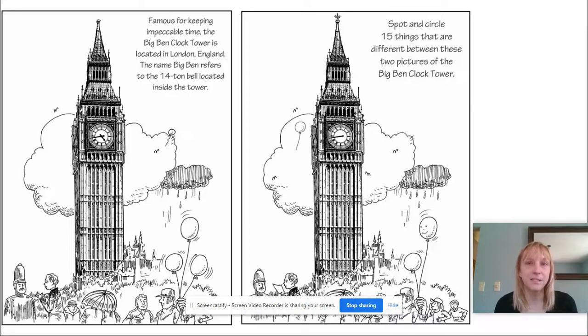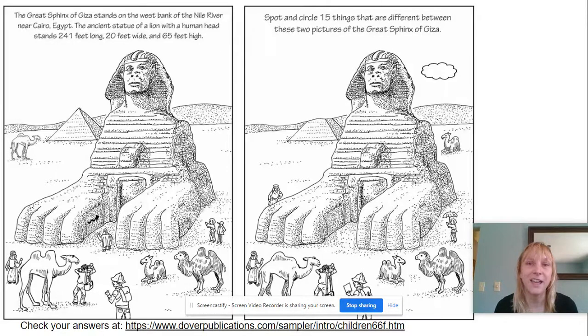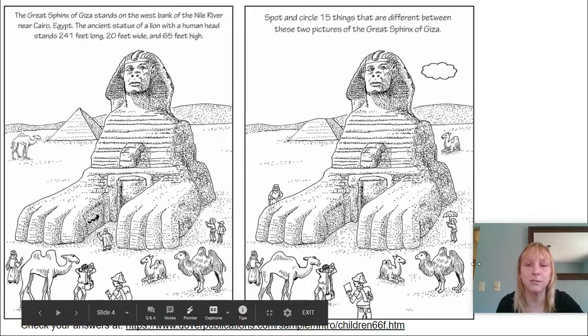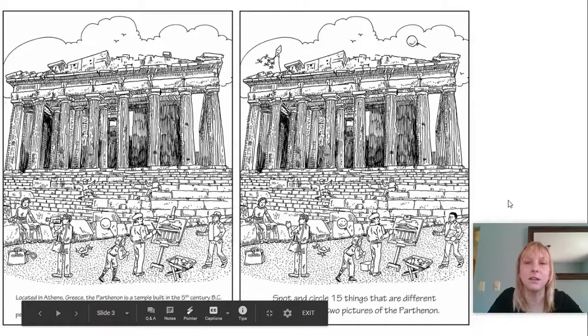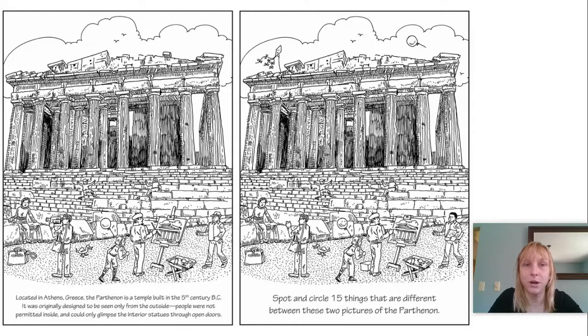All right, the next page has the Parthenon in Greece. And again, there's 15 differences in this picture. All right, and our last one is the Sphinx. So one of the Great Pyramids in Egypt. So see if you can spot the differences in these 3 different pictures. Big Ben, the Parthenon,